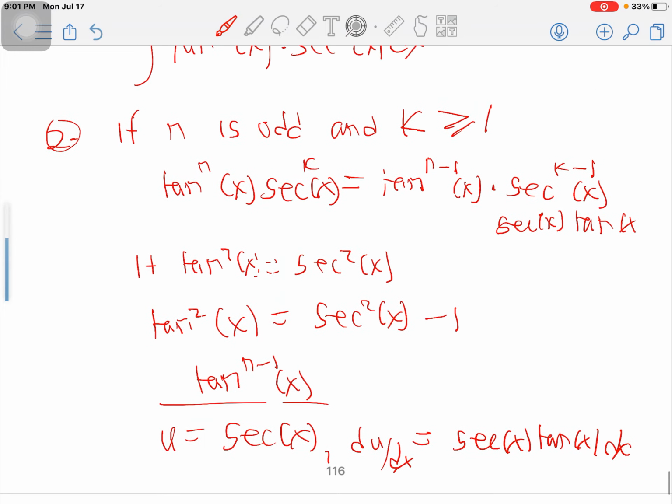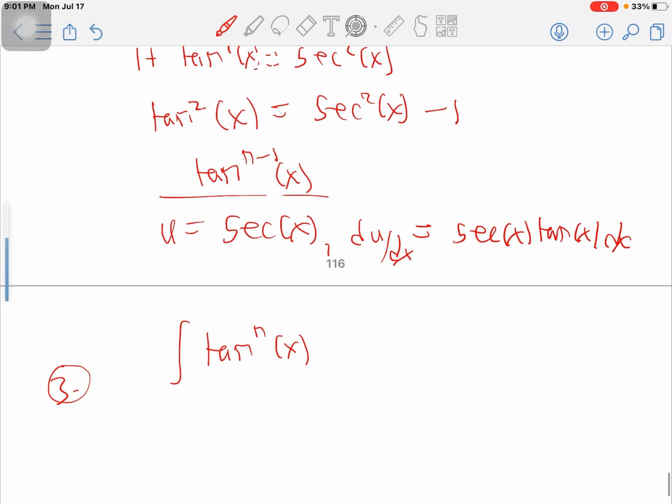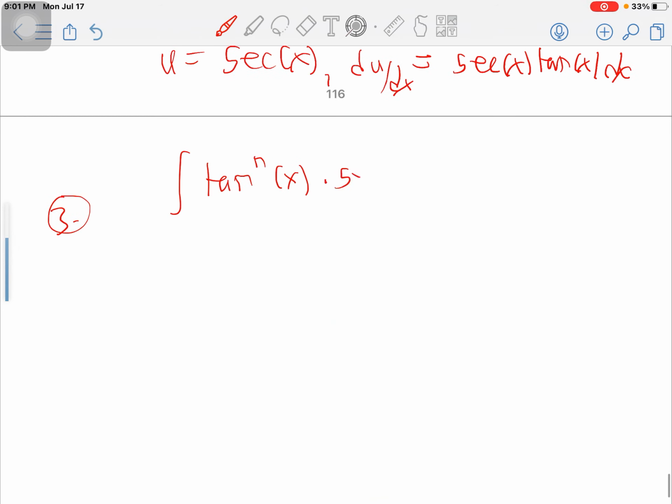Let me also rewrite here for easy reference. So the integral of tan to the power n of x, and then we multiply by sec to the power k of x, which is sec to the power k of x. And don't forget that it's all dx. So this is our reference point that we are looking at. So considering strategy 3,